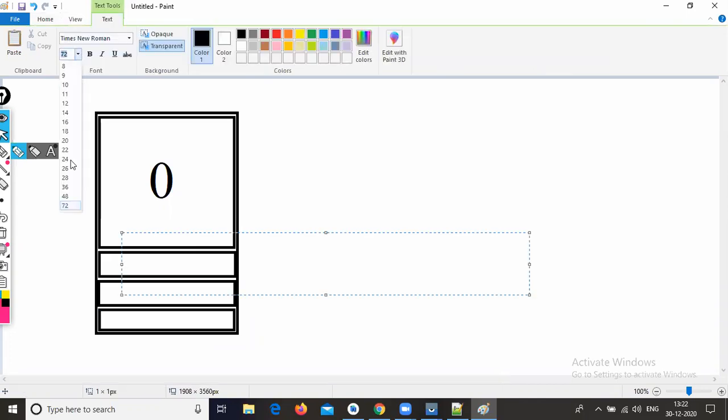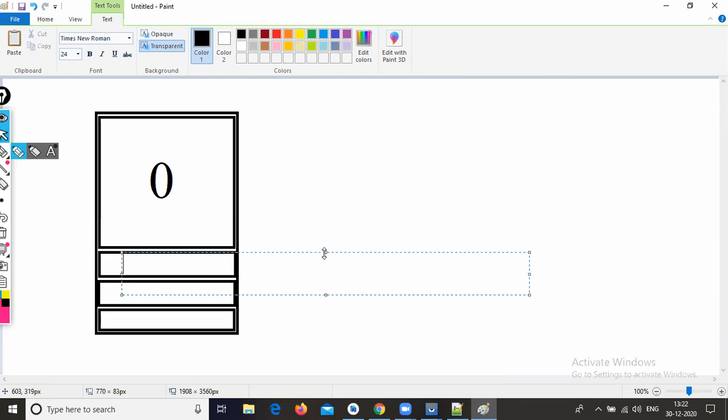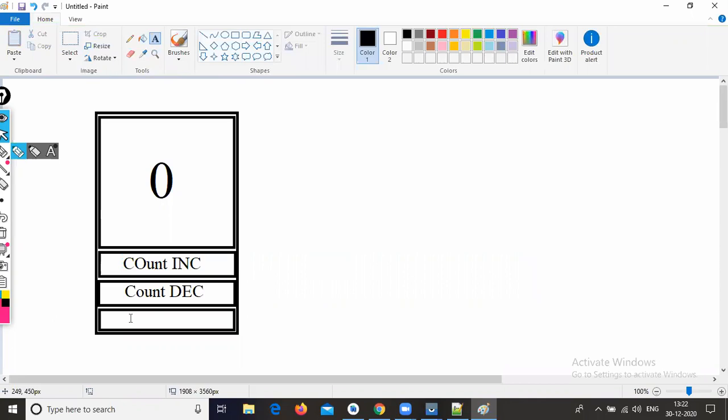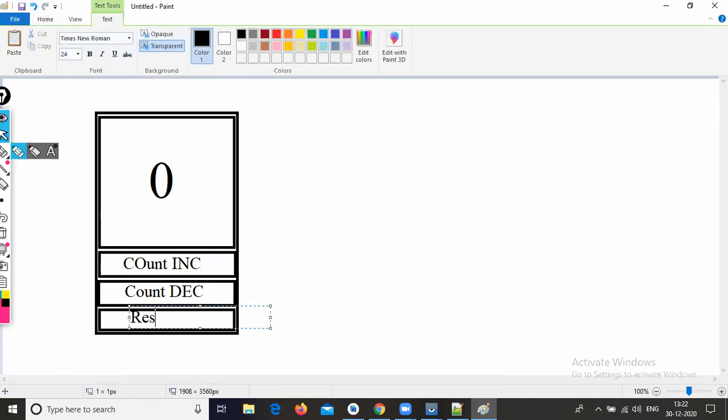One for count increment, one for count decrement. So this is for count increment, and this is for count decrement, and this is for reset.